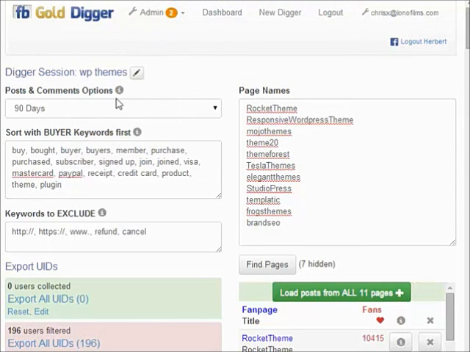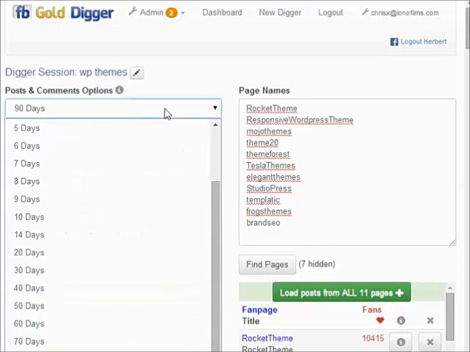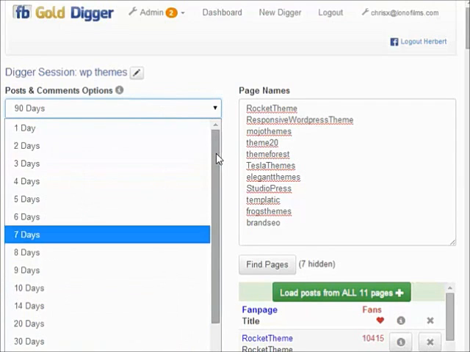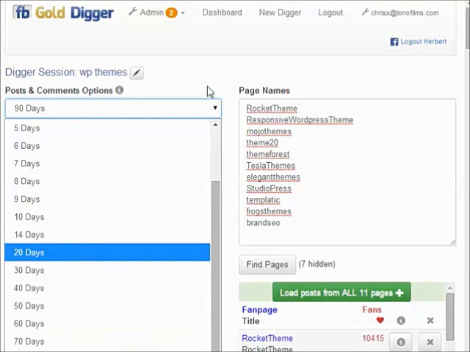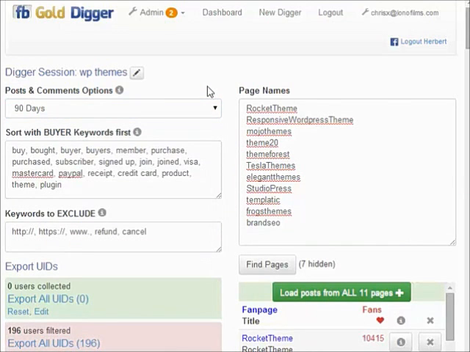And then we've got all these different fields that we fill out before we search, and I'll walk through these now. So the first one is the time scale, and we can search back anywhere from 1 all the way down to, it goes down to 90 days basically. And essentially what that means is anyone who's commented within the last, up to 90 days, their posts